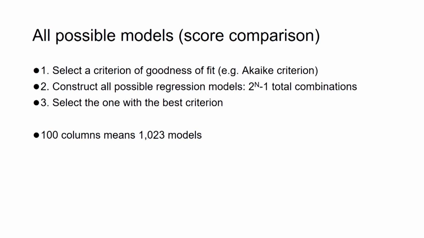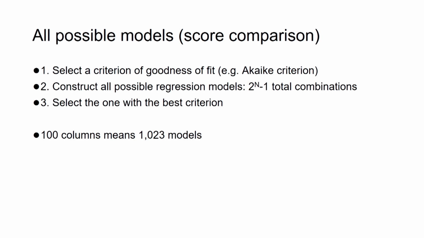If there are n independent variables, we can form a total of 2 to the power n minus 1 combinations of these independent variables, and we will fit our model for each of these combinations. So, a total of 2 to the power n minus 1 possible regression models we will construct, and we will select the one with the best criterion. We will calculate the Akaike criterion or any other criterion